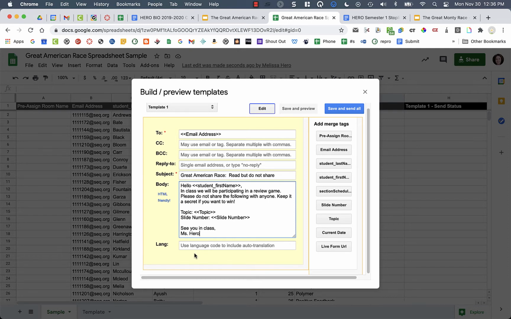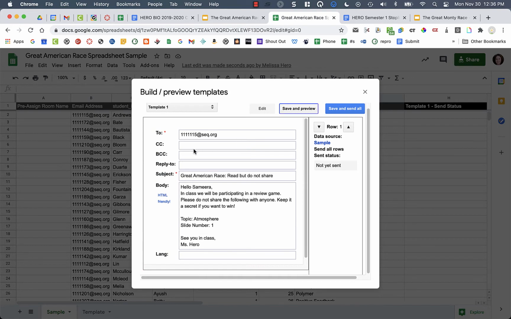I could have it translate if I want to another language. You have to know the translation code or the language code. Spanish, I believe, is ES, and so it would translate it down at the bottom into Spanish. So that's something you can do for some of your students, but you can only translate into one language, not into multiple. Now, I can click, I like to do save and preview just to kind of look at what